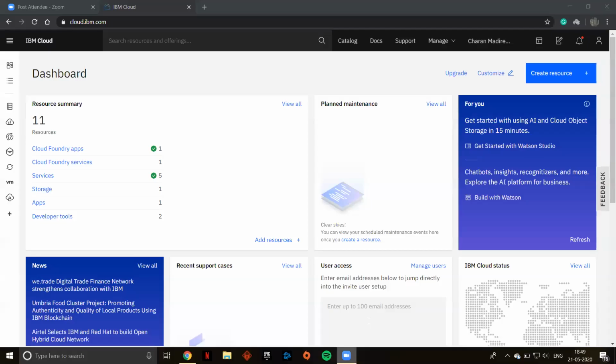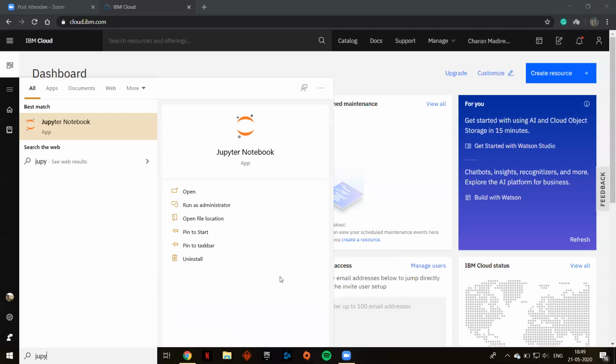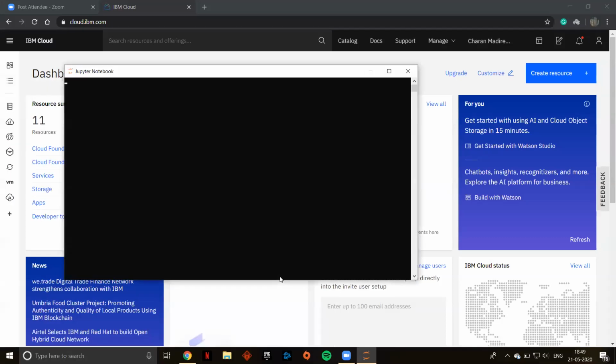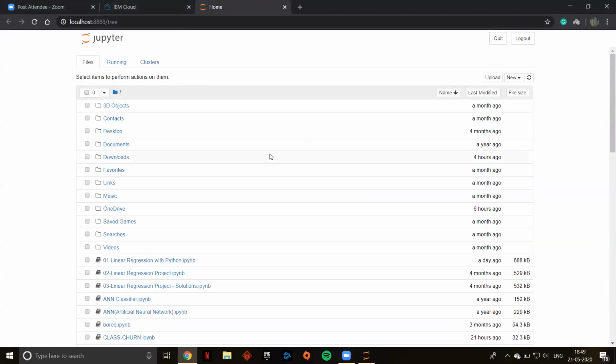Okay, yeah. Now we'll be talking about ML, right? So the first thing is, how many of you are familiar with Jupyter Notebook? Is everybody able to hear me right now? Yes, right. So first I'll be showing you the Jupyter Notebook. Everybody can see the Jupyter Notebook, right?